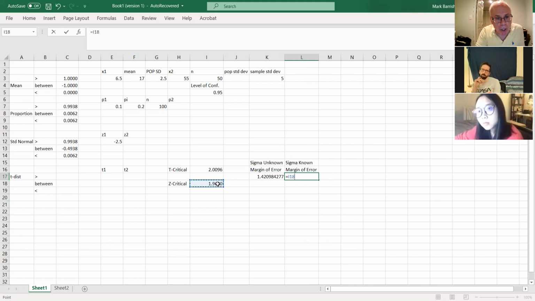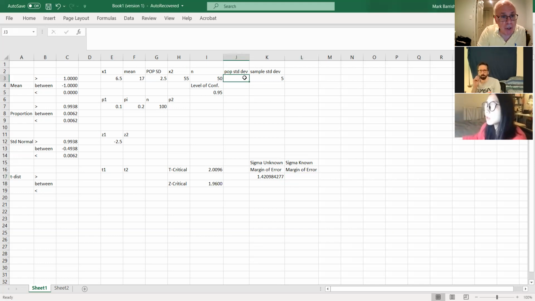We're going to use this one, the Z critical value, times sigma. Actually, let's put a number in first. Let's say the population standard deviation is 6. If we happen to know that,